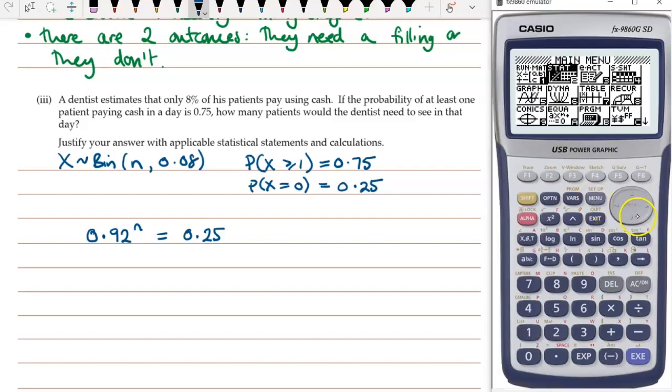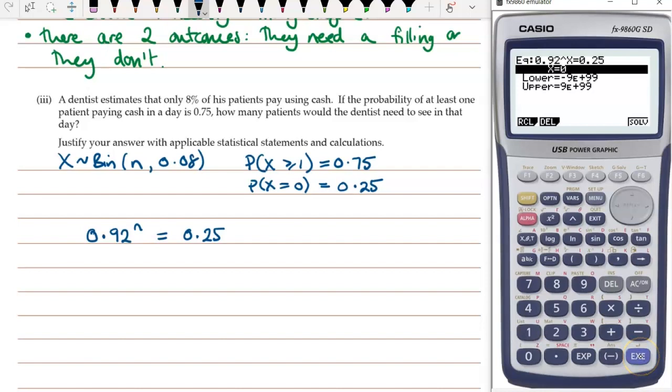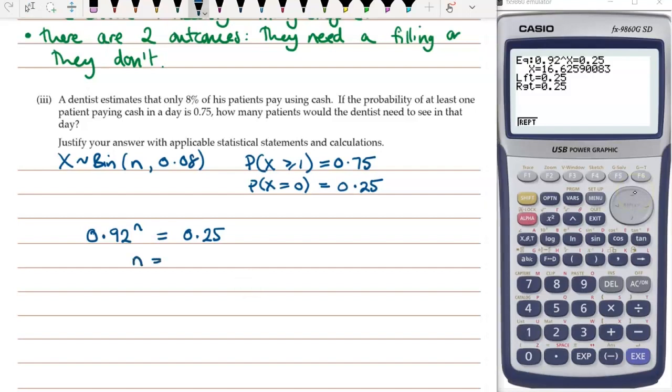Now we can just use our equation solver, or you can do logs. So let's go the easy route and use equation solver. Okay, so 0.92 to the power of x is equal to 0.25. I'm just using x instead of n. You can go through your alpha menu, put n in if you want to. I'm just saving a bit of time. I'll know that I'm actually thinking of n rather than x. So n is equal to